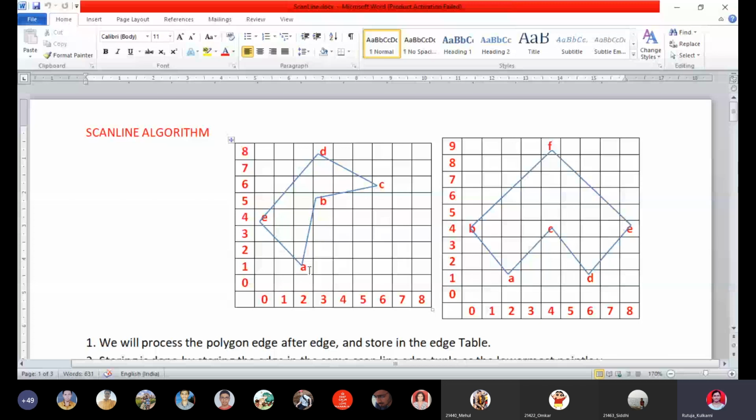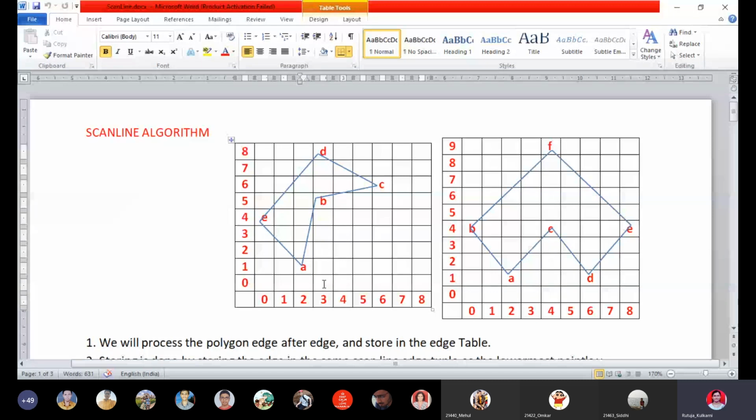As we are starting from one of the vertices, it is always going to be only one pixel, because the two lines or two edges are joining over there. If you observe at the A pixel, AE and AB both are joining over here. So the first pixel which you are going to fill is A itself.